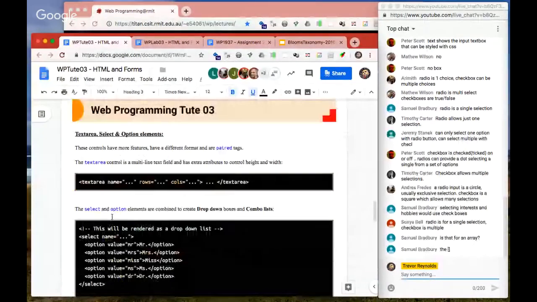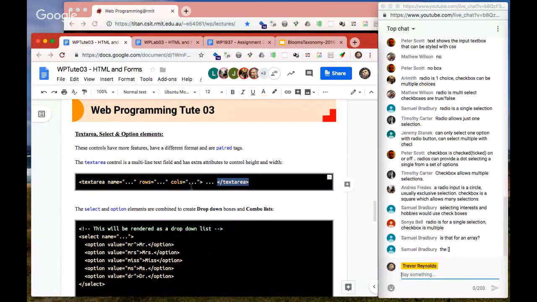So these are paired elements. What you'll have is an opening tag and also a closing tag. And a text area is an input where you will be allowing more than one line of data. So instead of just entering a name or a password, you'll be entering something like, let's just say, a form that sends an email to someone without showing the email address, or in Facebook, you've got your blog posts or something